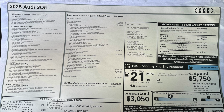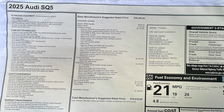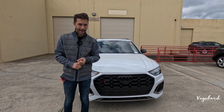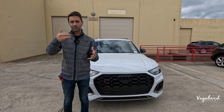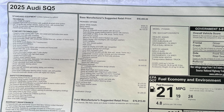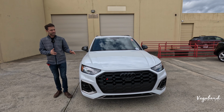Here's the MSRP sticker, so you guys get an exact idea of what comes on this car right off the bat. Why do I say that? Because this comes with a Prestige package, S Sport package, and a Magnesium package. So there's just so much to mention. Here's the list. Hopefully that helped you guys out. MSRP price on this exact car, $58,000. If you get this exact MSRP sticker, it's coming in around